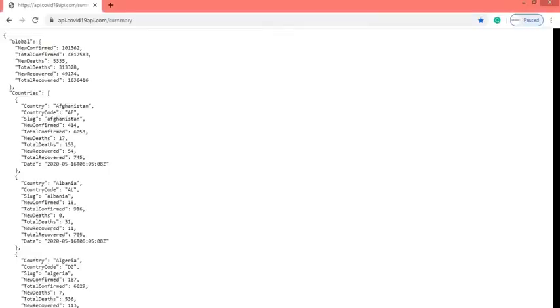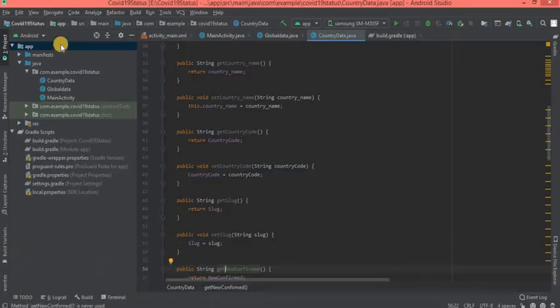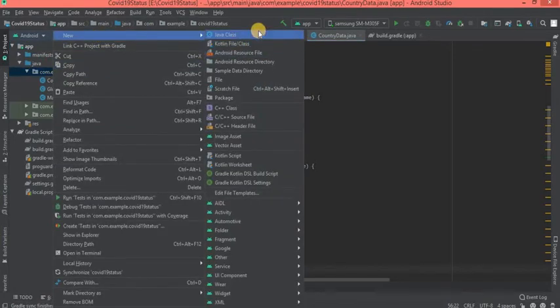Next we have to create a complete model to store both global and country values, because this JSON file contains both global and countries values. So we need to create another model class to store both global and the array of countries values. For that we need to create another model class called Summary.